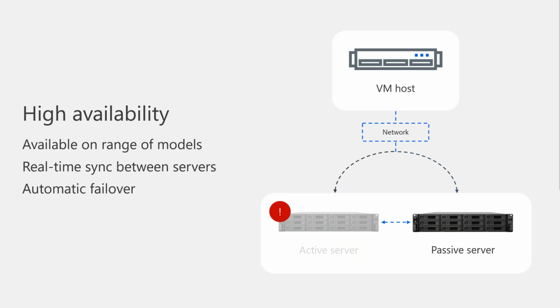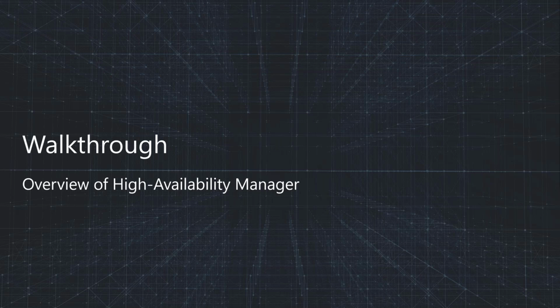So in the event of a failure, as you can see here, there'll be a transition period where the system detects something wrong and then starts to move the active services over to the passive server. The former passive server is now the active server. A virtual IP address is shared between each NAS for this process, so there's no reconfiguration necessary, and the clients that are connected to the NAS can work as normal. So let me give you an overview of what the interface looks like.